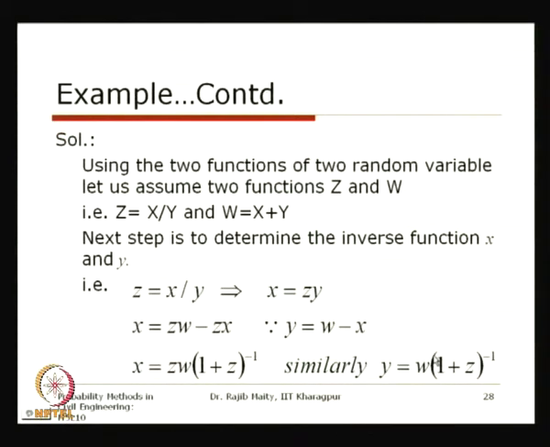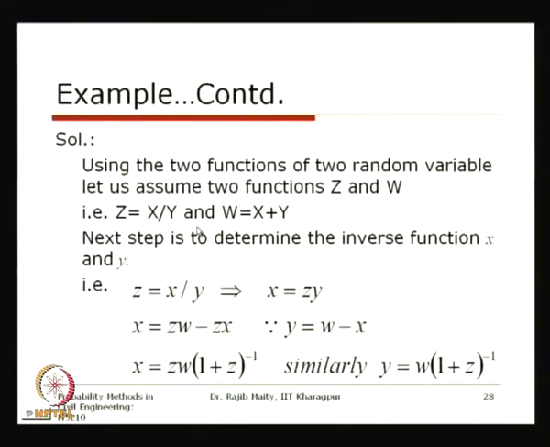Now, as I was telling before I start, if only one function is asked for, then whatever we have done earlier can be used to get the ratio. But we will see through this example that if we introduce another new random variable, which may not be of interest so far as the problem is concerned, the problem can be solved very easily, because we will first find their joint density, and from the joint density we will find the marginal distribution. This is explained through this problem: one function is z equals x by y,